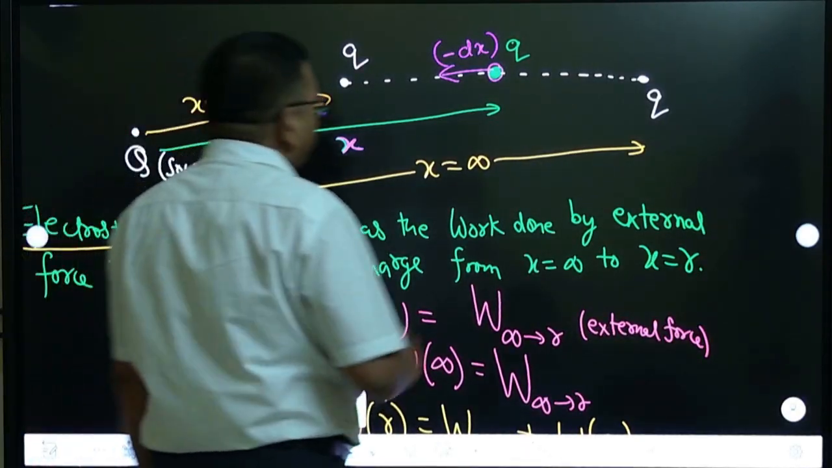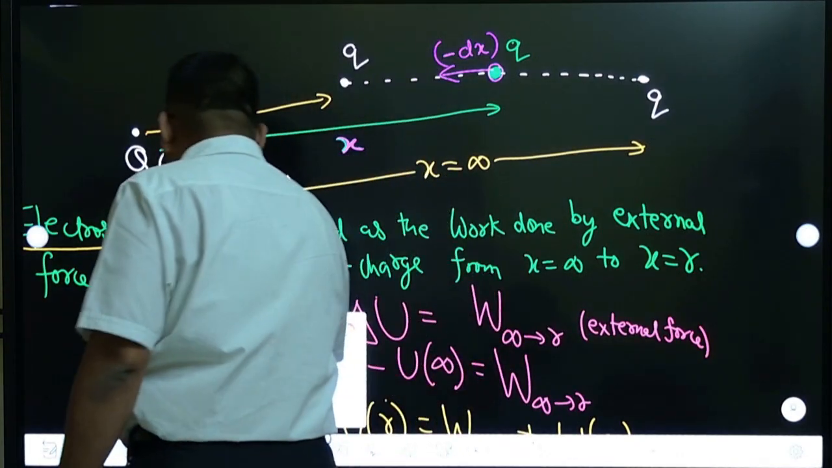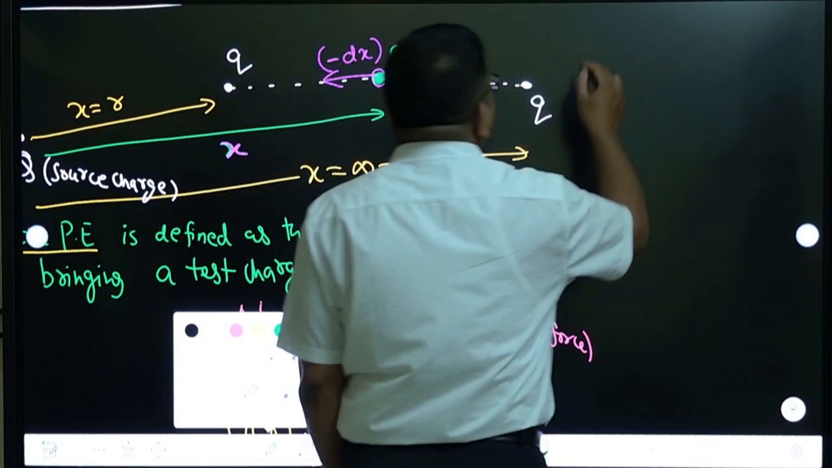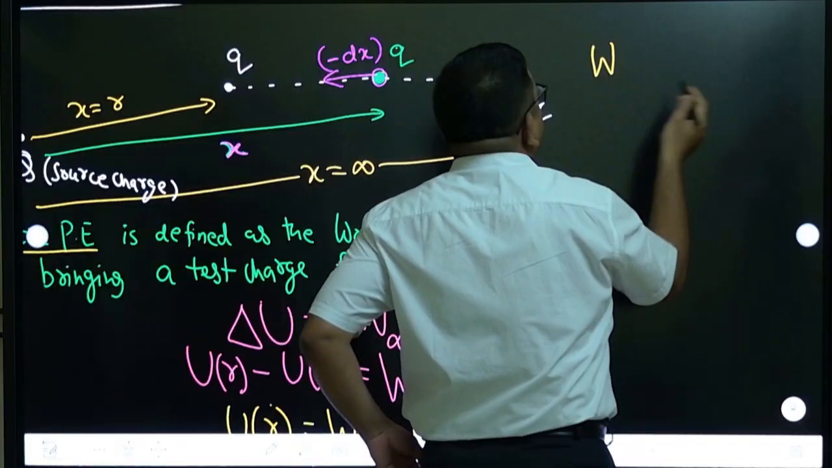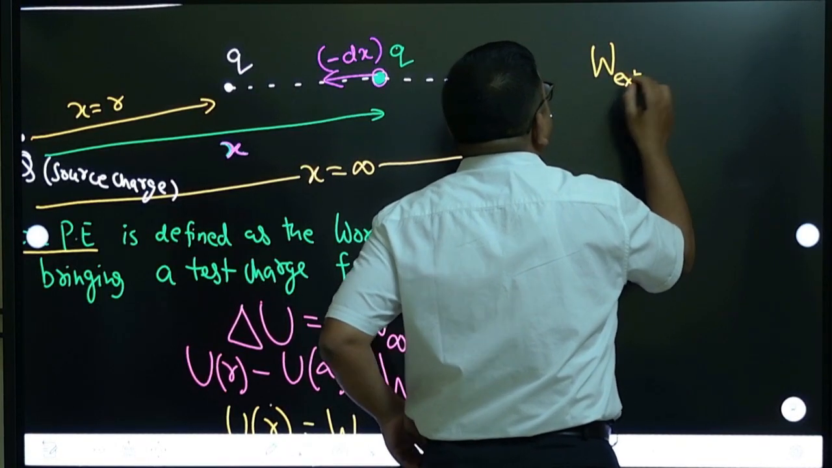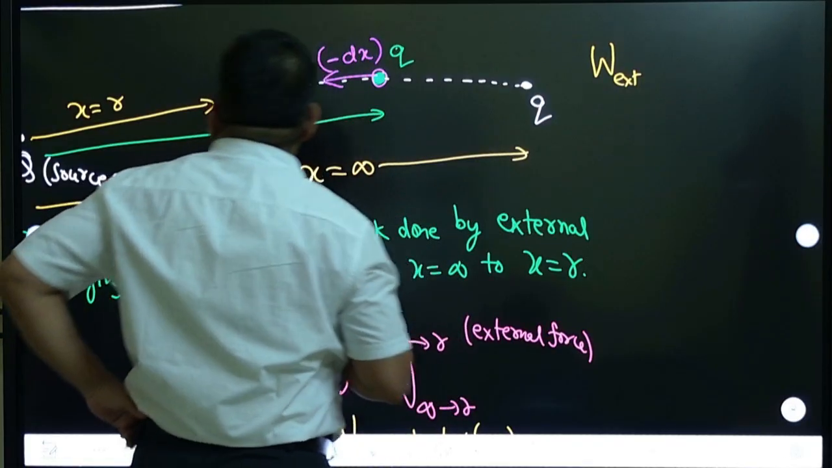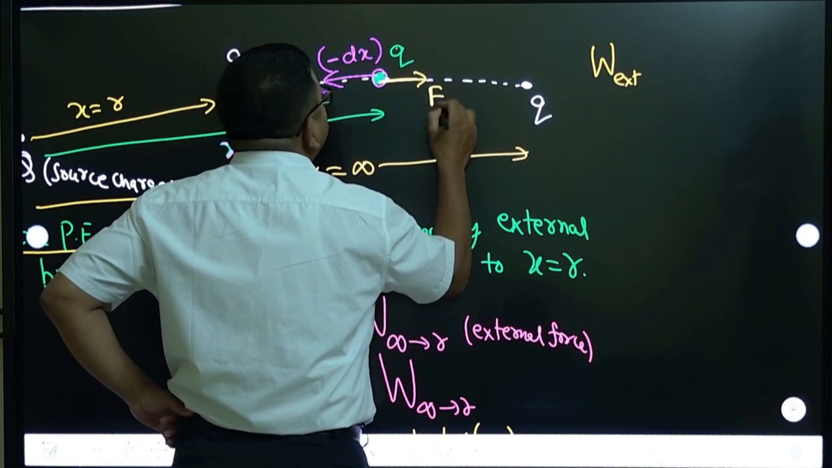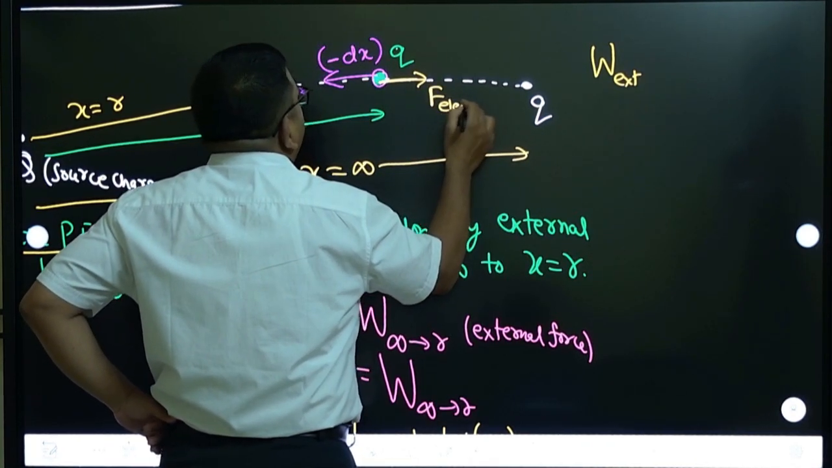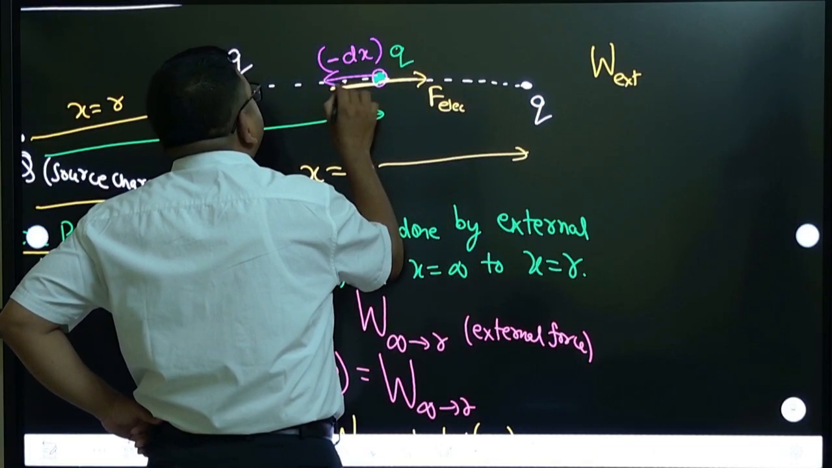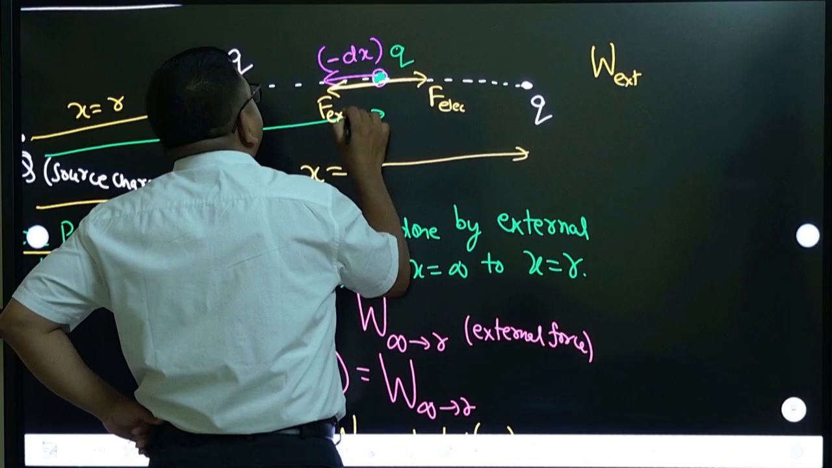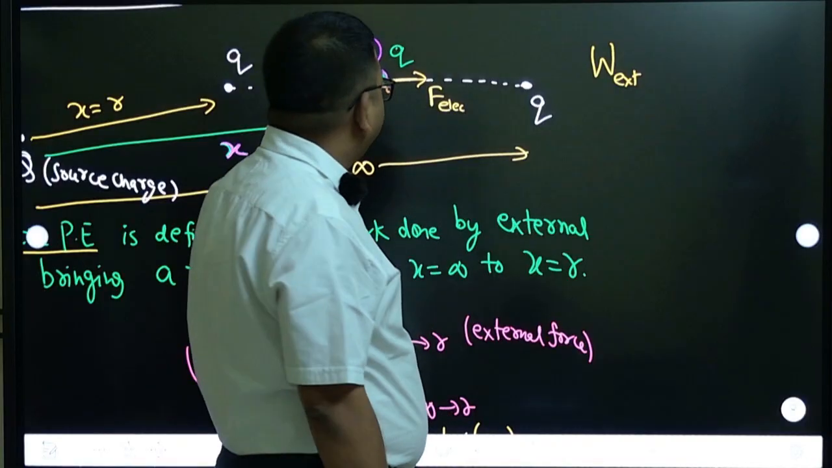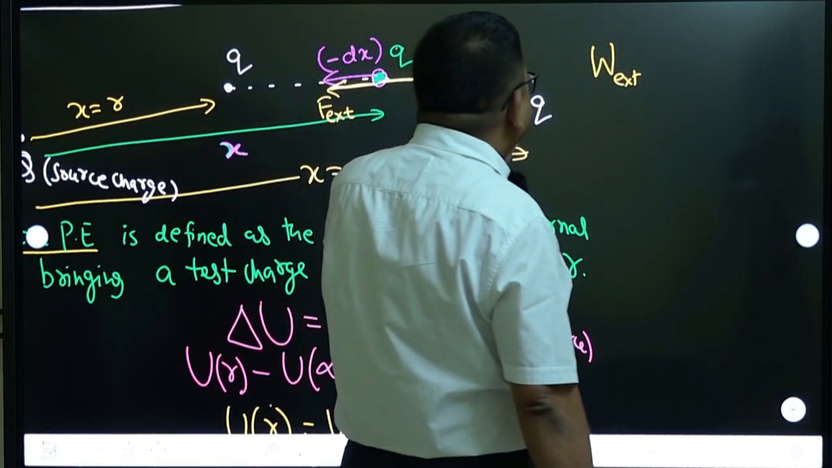So now let us try to calculate the work done. When you calculate work done, remember you have to calculate it by the external force. Let us say that is a positive charge, so the electrostatic force will be acting like this, and the external force must be acting in this direction. So the external force is acting opposite to the electrostatic force. So we can say that work done is equal to